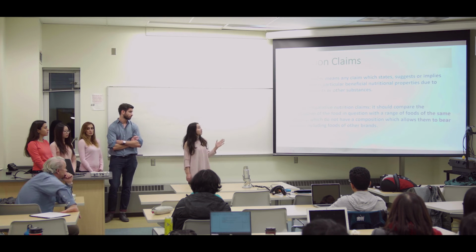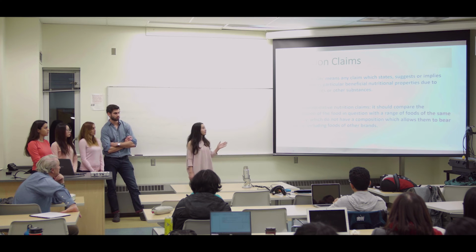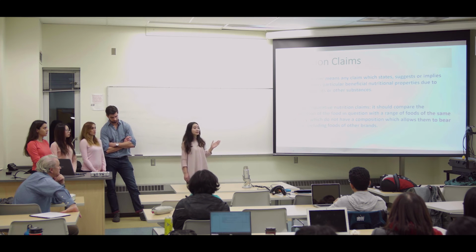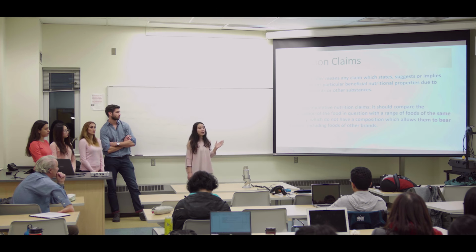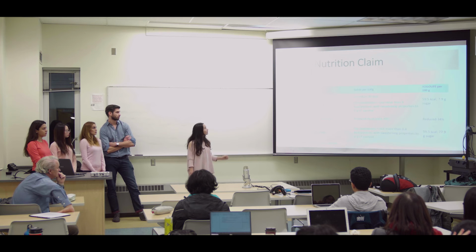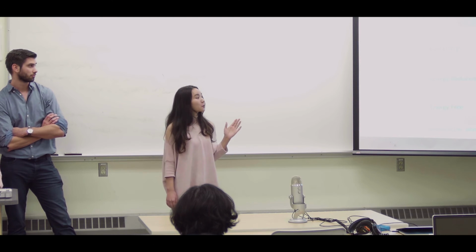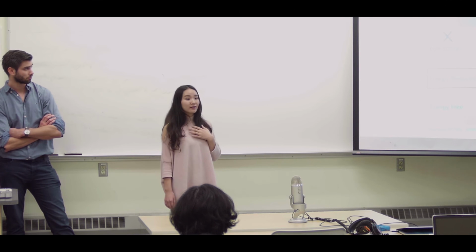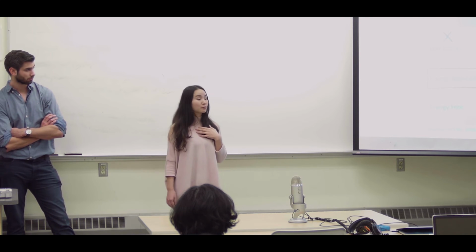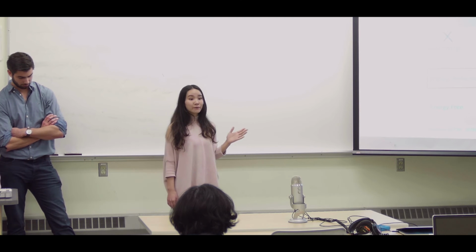Let's come into the nutrition claim. Nutrition claim is any claim that states, suggests, or implies that a food has particular beneficial nutritional properties due to energy, nutrients, or other substance. For the comparative nutrition claims, it should compare the compositions in the food in question with a range of foods of the same category. At first, we consider energy. We have 59.5 kilocalories per 100 gram, and so we cannot use low energy or energy free. So we compare our yogurt drink with other yogurt drinks in the market, and we reduce about 34% energy,